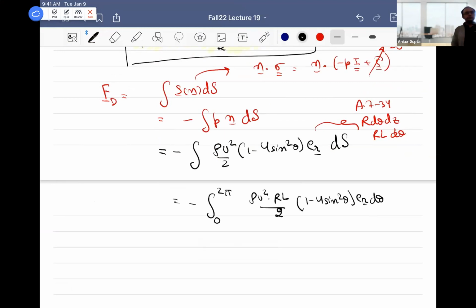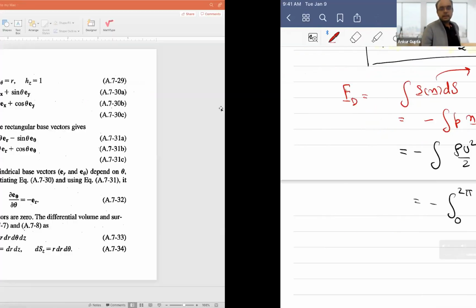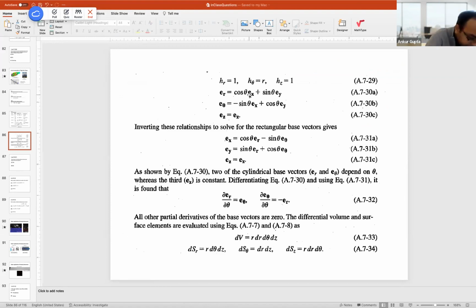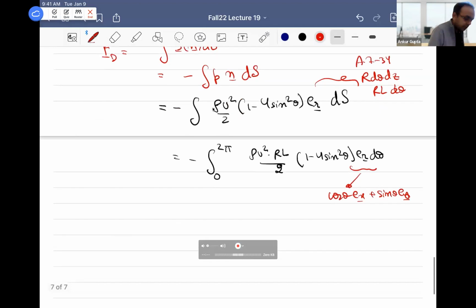So are we done? Should we just integrate it and get the answer? Don't forget, we cannot integrate yet because we have ER. ER is changing its direction continuously, so you cannot add vectors when they're changing direction. So you have to break it into EX and EY, and if you integrate now, you'll get the wrong answer. So again, go back to the table. It says ER is cos theta EX plus sine theta EY. And if you substitute that and integrate, what you will get is